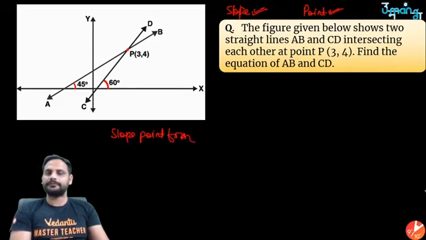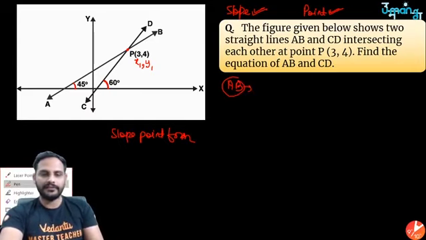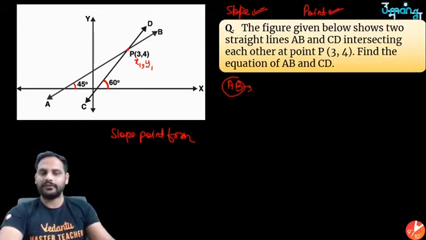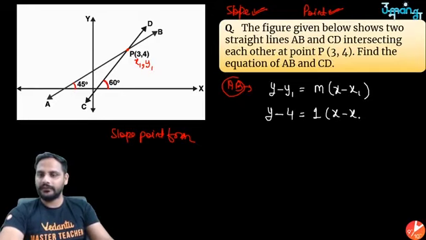स्लोप पॉइंट फॉर्म. ठीक है, तो टेक द कोऑर्डिनेट्स ऑफ P एज x1, y1. तो पहली लाइन अपना AB के लिए लेते हैं. लेट्स मेक द इक्वेशन फॉर द लाइन AB. सो वी नो द इक्वेशन इज, क्या होती है बेटा हमारी इक्वेशन, x1, y1 से पास हो रही है और लाइन तुम्हारा एंगल थीटा कितना 45 डिग्री। तो हमको पता है बेटा y minus y1 is equal to m times of x minus x1. अब देखो y minus y1 कितना है 4 is equal to m tan थीटा, ए बी के लिए एंगल 45 डिग्री, तो tan 45 डिग्री is 1, सो 1 into x minus x1,